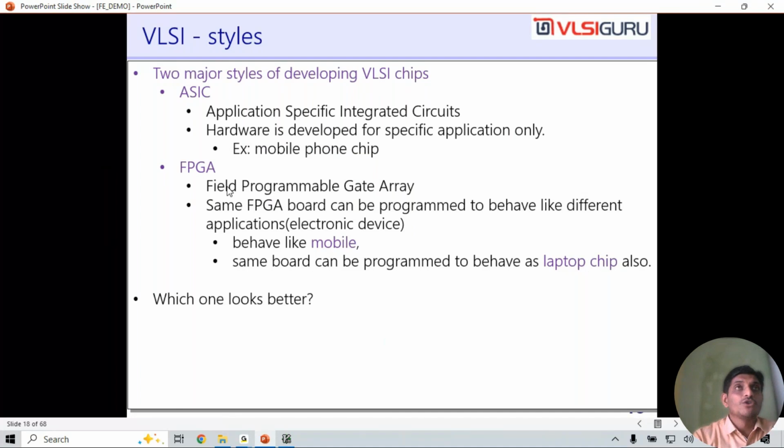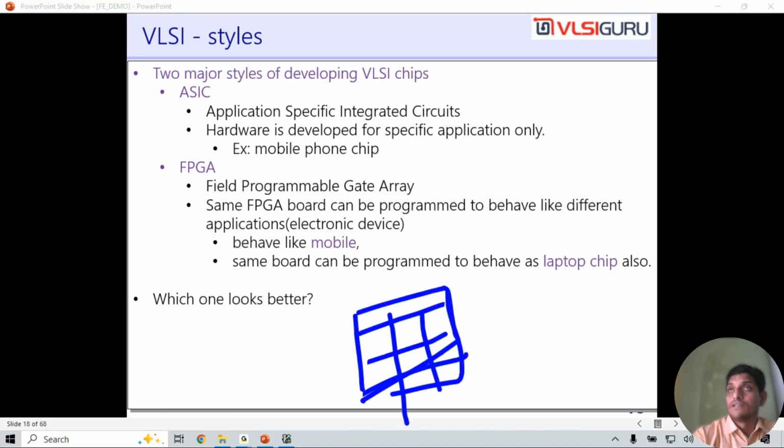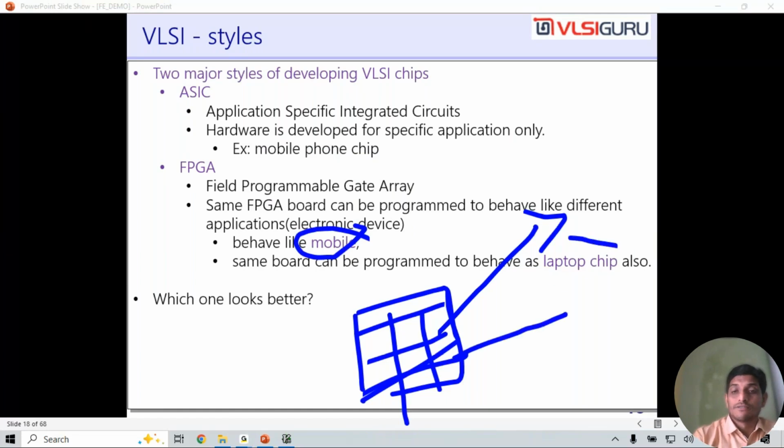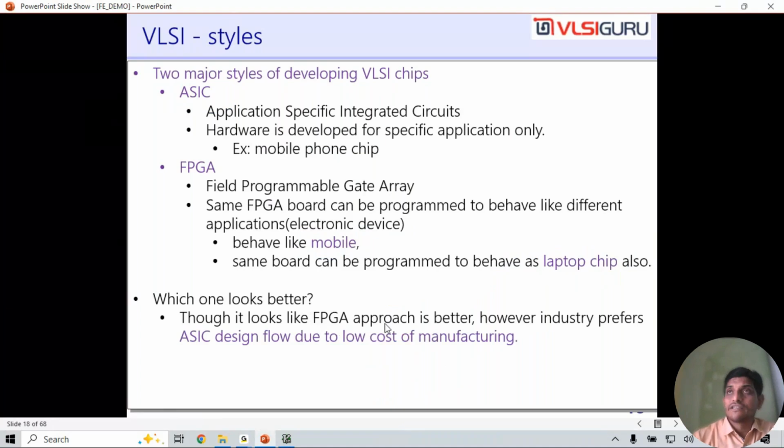Which one looks better, ASIC or FPGA? With FPGA, the same thing we are able to use as a mobile, the same thing as a laptop chip. In FPGA you have one board called an FPGA board. This board can act like a mobile phone. This board can act like a laptop chip also. Whereas in ASIC, only one thing. If you develop it as a mobile phone, it's only a mobile phone. You cannot use it for anything else. Though it looks like FPGA is better,